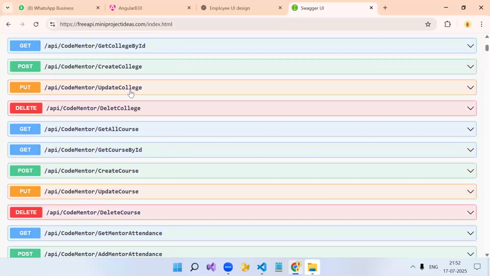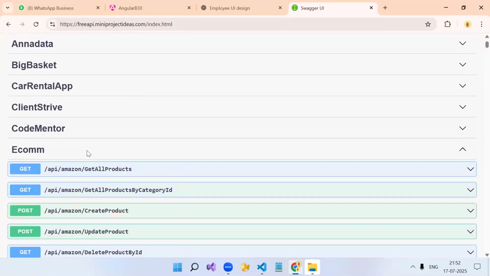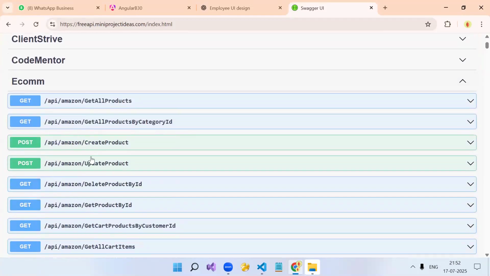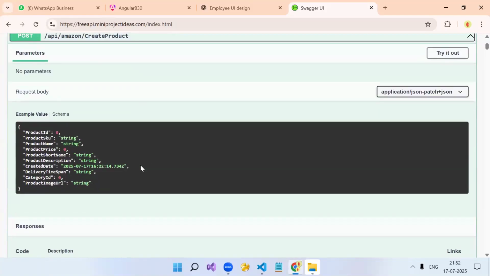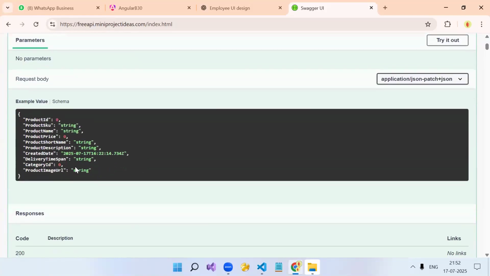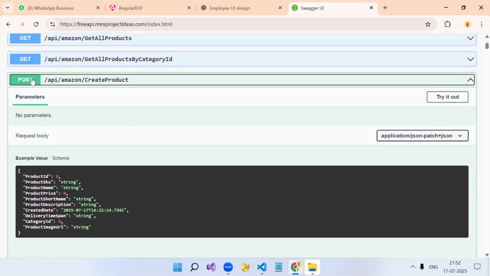Let's say this e-commerce API. If you see the create product API, what are the things we have in the create product POST API? This is the post API, correct?